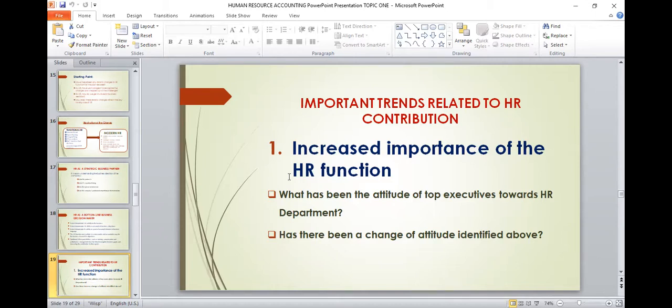Because when we look at our new role as human resource professionals, you will realize that there are a number of changes that are taking place at the workplace. For example, we have managed to secure a place at the boardroom. And also going by the awards that employees globally are receiving, human resources have also started to receive awards. Every year, there are international, or rather global awards that normally go to HR professionals for the good job that they do at their stations.